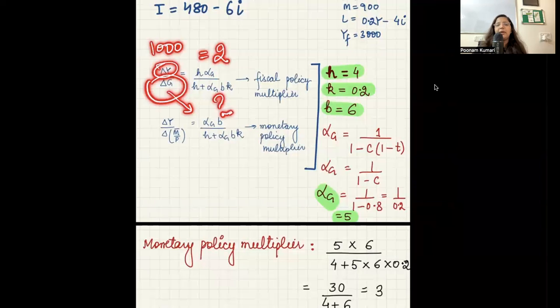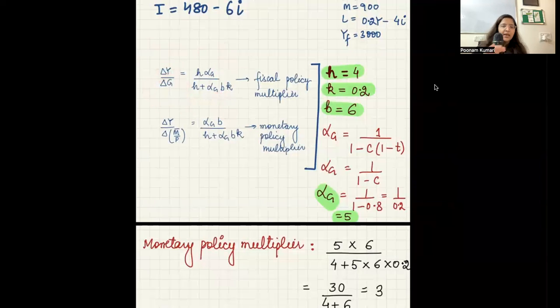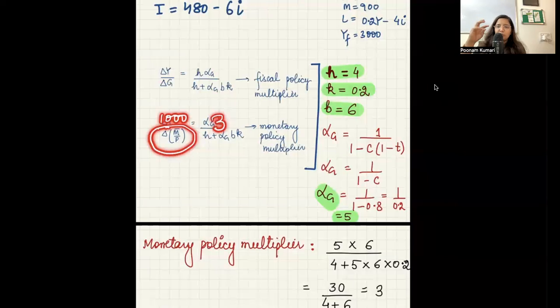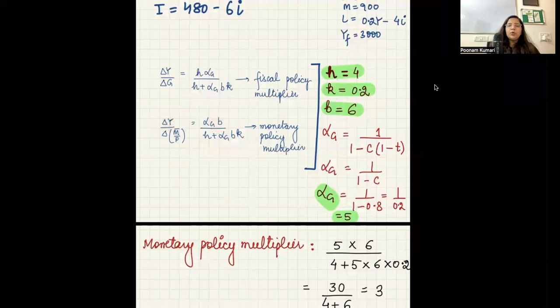सिमिलर लॉजिक आप यहाँ पे मॉनेटरी पॉलिसी के केस में भी लगाओगे कि अगर सिस्टम में प्राइसेस सेम रहते हैं, तो जो भी आपका नॉमिनल मनी में चेंज होगा वही रियल मनी में चेंज होगा. सो अगर आपको ये चेंज चाहिए 1,000 और इसकी वैल्यू है 3, तो आपको अपने नॉमिनल मनी सप्लाई में कितना चेंज करना पड़ेगा? 1,000 डिवाइडेड बाई 3. बिकॉज अगर आप अपनी नॉमिनल मनी सप्लाई में 1,000 डिवाइडेड बाई 3 का चेंज करोगे, तो 3 टाइम्स आपकी इनकम चेंज हो जाएगी, एंड दैट विल गिव यू द रिक्वायर्ड 1,000 चेंज. ठीक है, ये पूरा का पूरा लॉजिक है.